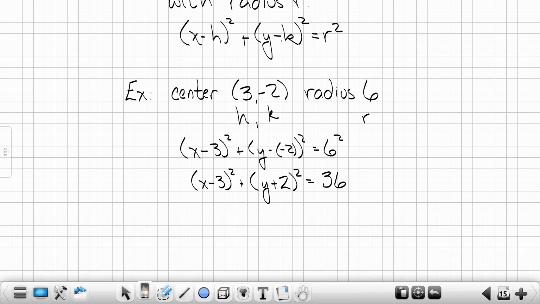So there's a circle centered at 3, negative 2 with radius 6. There's the equation. So what is 36? That's 6 squared. So describe the radius to me. No, I'm joking. So 36, like what? In this equation, you're gonna go 3 to the right, and then 2 down. And what's 36? That's the radius. So if you want to think about it visually,